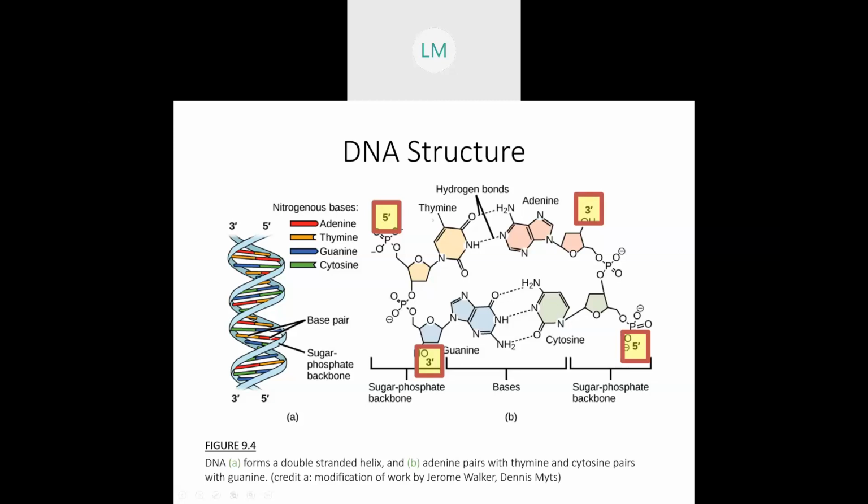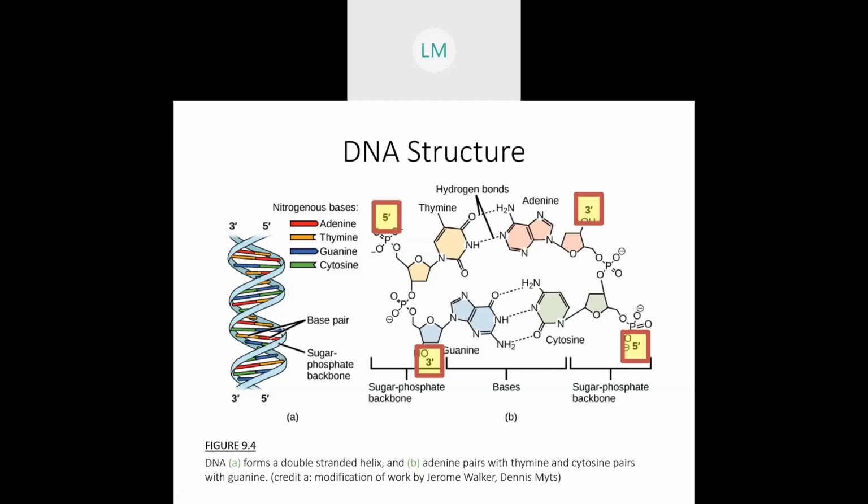So this is going to be really important when we start talking about how new nucleotides are added to the growing strand that's being replicated, because certain enzymes can only proceed in certain directions, like from 5 prime to the 3 prime end. So we want to make sure we understand what those numbers mean, 5 prime and 3 prime, and how that